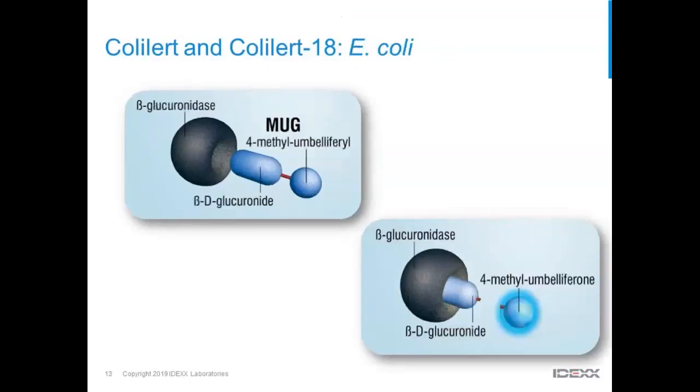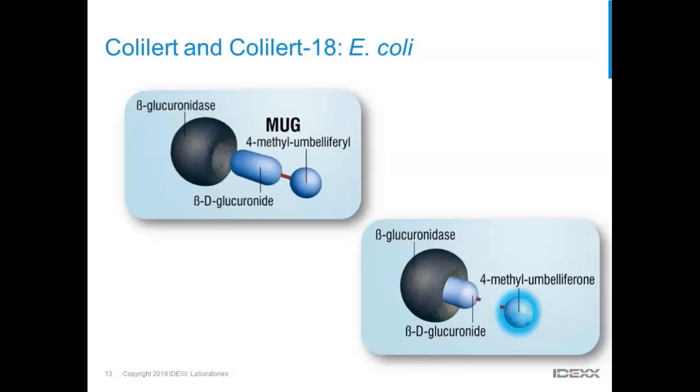The second indicator is 4-methylumbelliferyl beta-D-glucuronide, or MUG, and this indicator looks for an enzyme that's specific to E. coli. So E. coli, once again, is a total coliform, so it will utilize the ONPG. At the same time, it has this beta-glucuronidase enzyme that's able to utilize the MUG. So in this case, once again, it's the same principle. You have a food, and attached to that food is an indicator, in this case, 4-MU. When these are bound, the media will not fluoresce when exposed to a UV light.